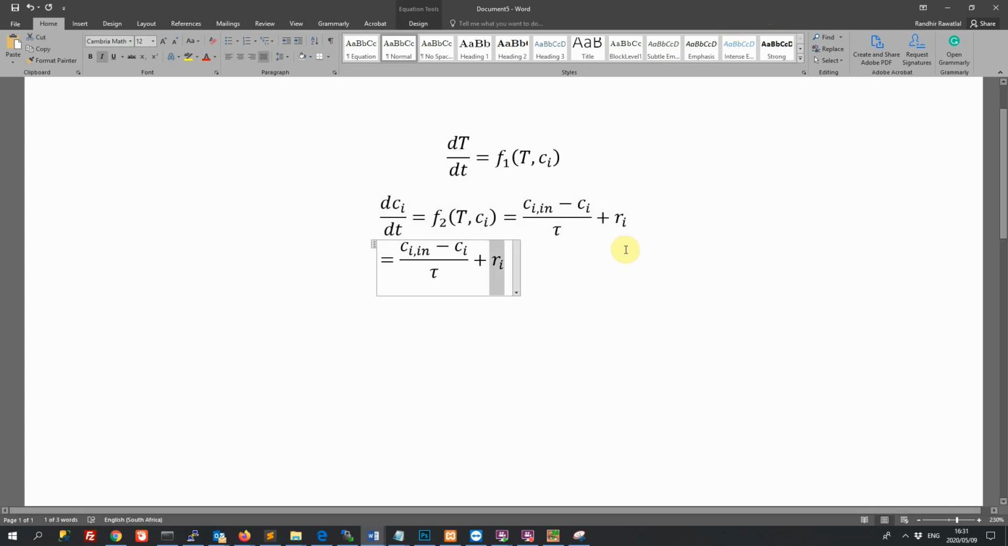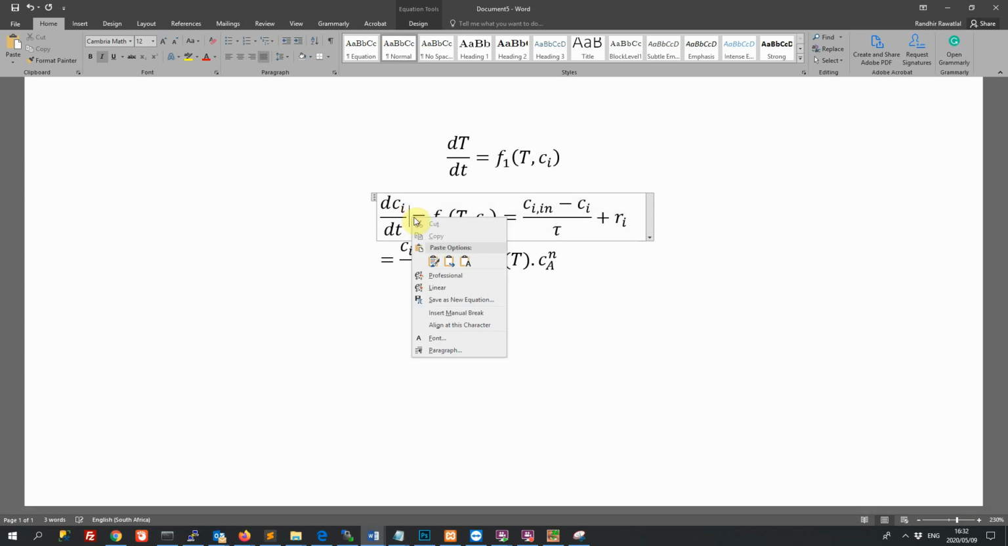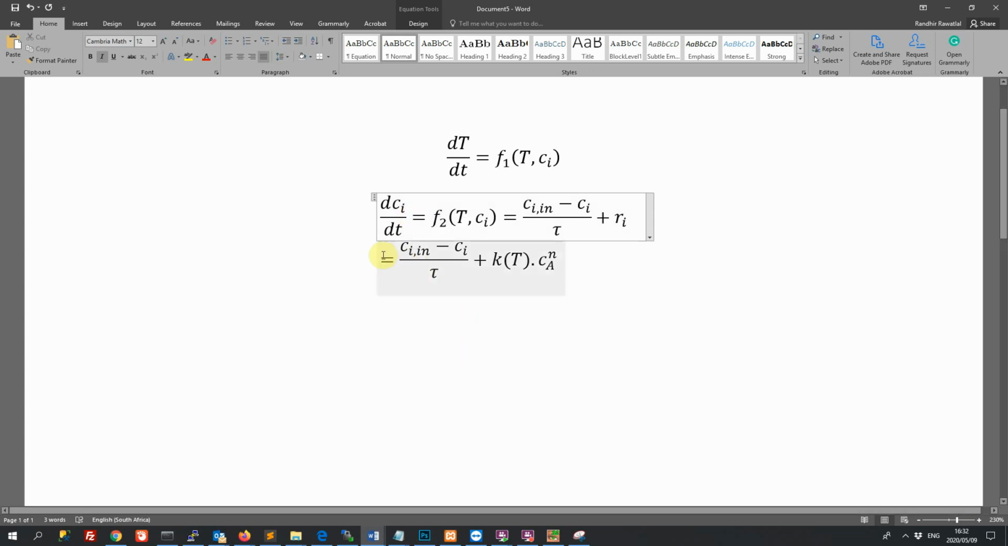So it might be some kinetic rate constant multiplied with the concentration of A and raised to some reaction order, of course. And this kinetic rate constant is a strong function of temperature. Remember, there's some Arrhenius relationship there, and so that will be the form of the equation. So we are saying all this now because we can see then that in that general form,